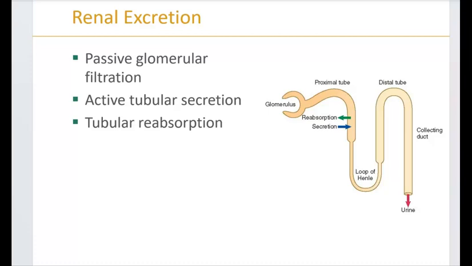The filtration may be slower for these large molecule drugs because of the size of the pores through which filtration occurs. Very large drugs may not be filtered at all. The pores of the glomerulus contain a fixed negative charge, so filtration may also be affected by the drug's charge.